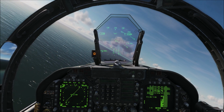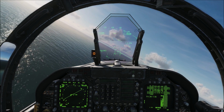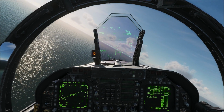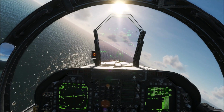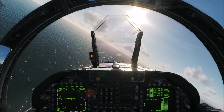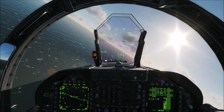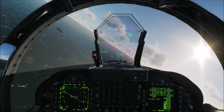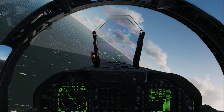as well as having the velocity vector just below the horizon there, so we're dropping at about 300 feet per minute. I think we're a little high, so we're just going to try and drop a little bit more. So we're at 750 feet. I think we need to come out somewhere at about 450 feet,